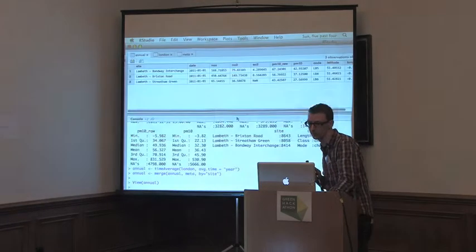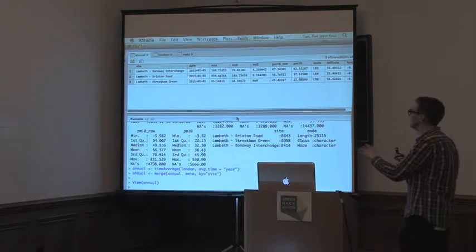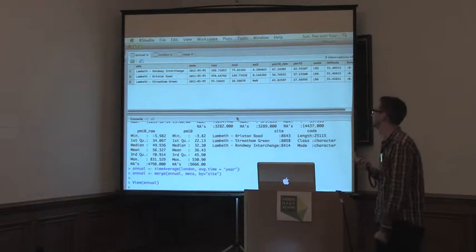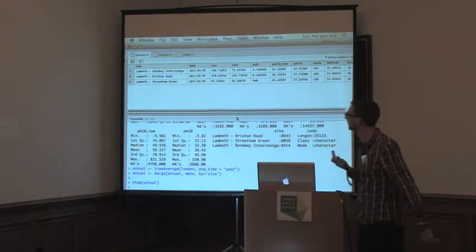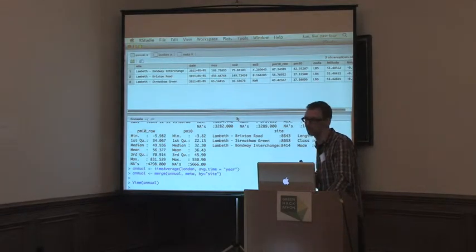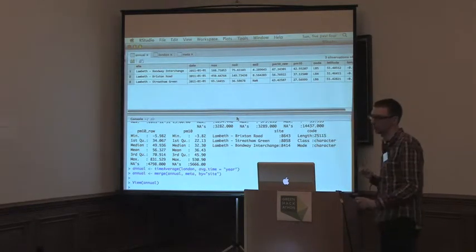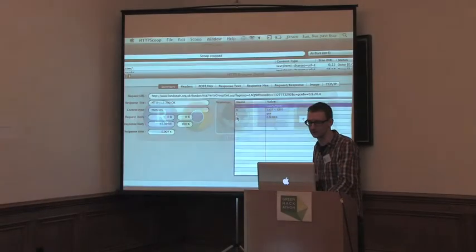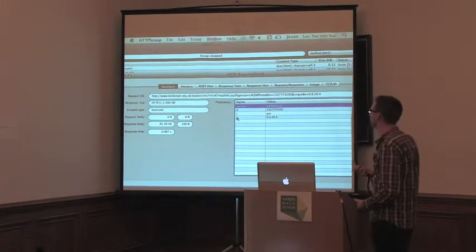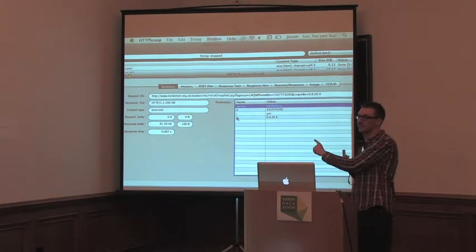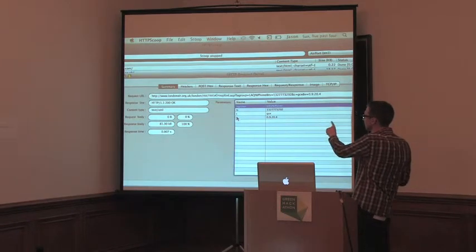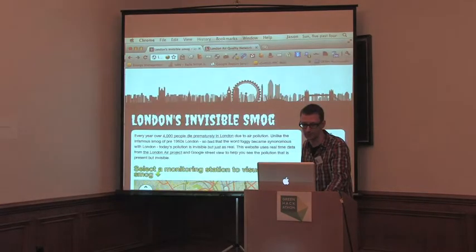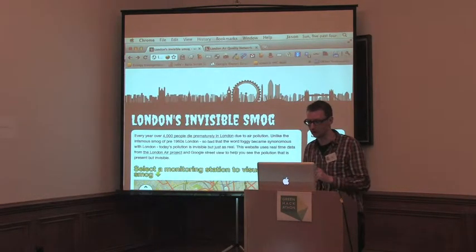And quite coolly as well, they have this really nice API in order to access all that data, which is really neat and very future thinking, I guess. So yesterday I was trying to get the information out of there, and I wasn't getting very far. But as this is a hack event, I realized that what I could actually do was look at their iPhone app and see how they access the data for that. And they've got an RSS feed that you can use to pull in data. So what I built was a web page called London's Invisible Smog, because